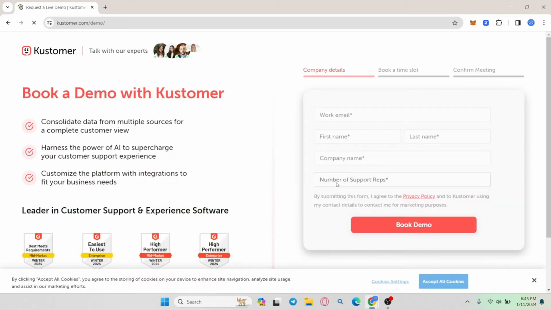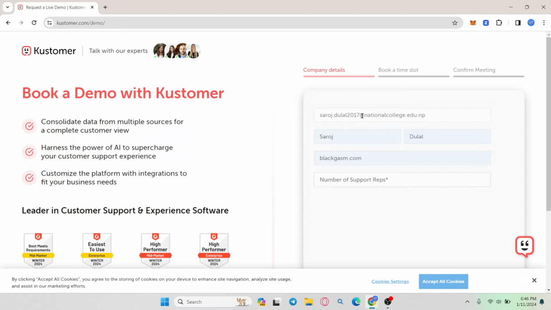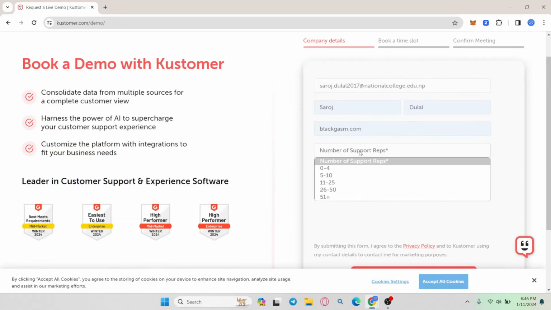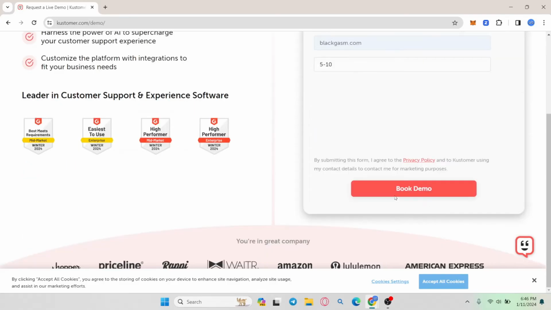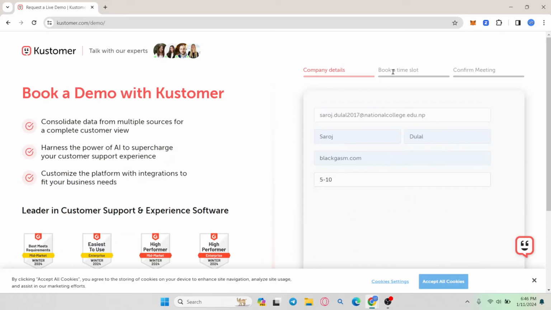You will then be asked to enter all of your company details. Go ahead and enter your company email address and then type in your first and your last name. Finally, enter the organization name and type in the number of support representatives that you have. Then click on the book demo button and you will be able to book a time slot to confirm a